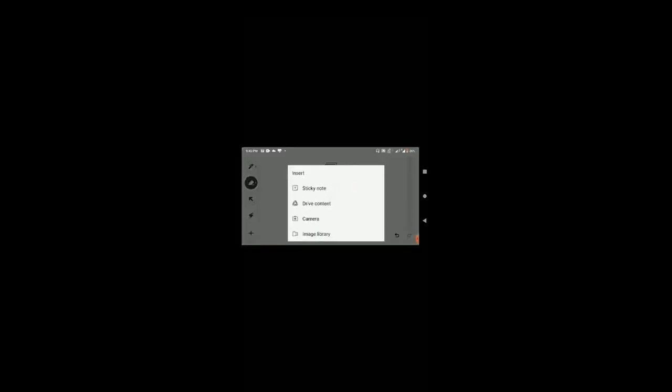And as I was telling, there are some other options under this plus sign. The first option is the sticky note. If you have a long statement to write, use the sticky note. You can resize the sticky note with your two fingers.